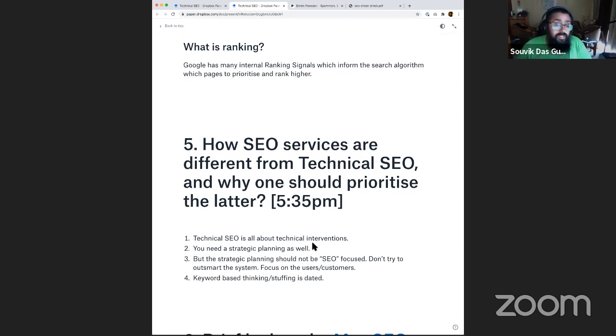The SEO service tries to focus on a lot more, including the strategies. Sometimes they go into black hat territory, sometimes they remain in white hat territory, black hat being tricks which try to outsmart the system. In cases where you are not able to strategize, or not able to constantly do the hard work of publishing high quality content or relevant information, sure enough, you should probably have an SEO service or an SEO consultant help you out.